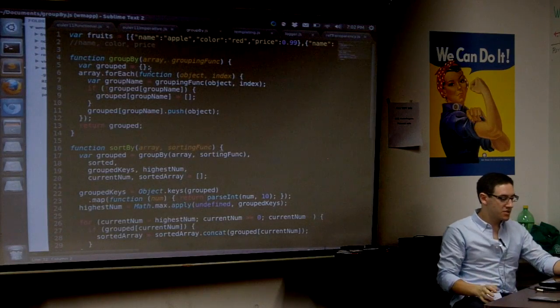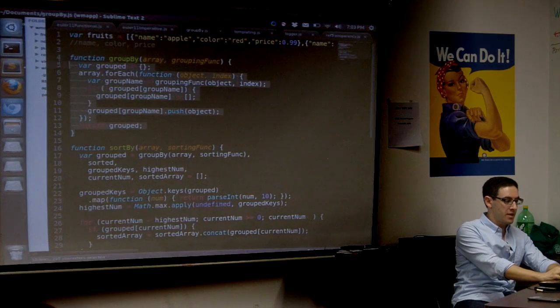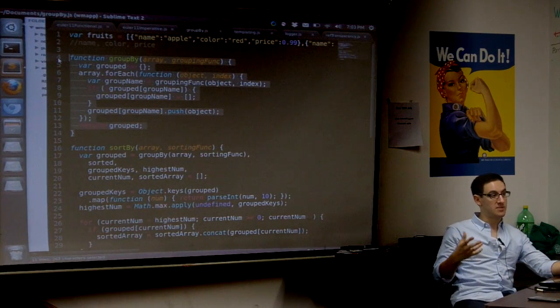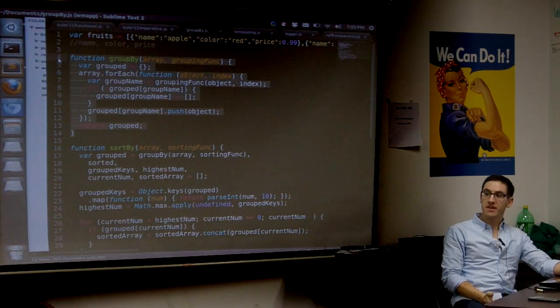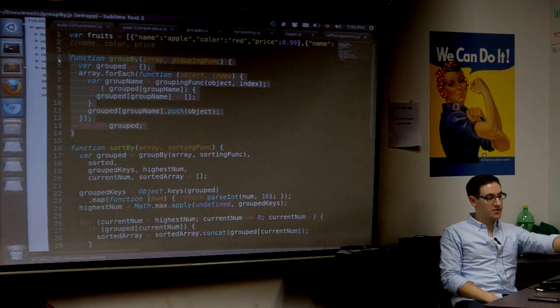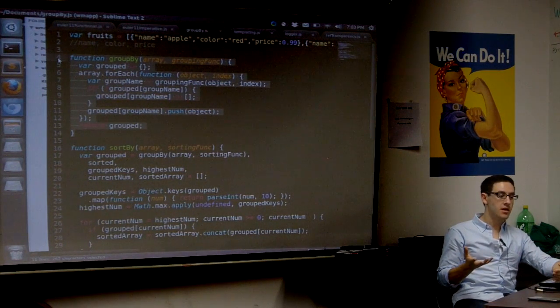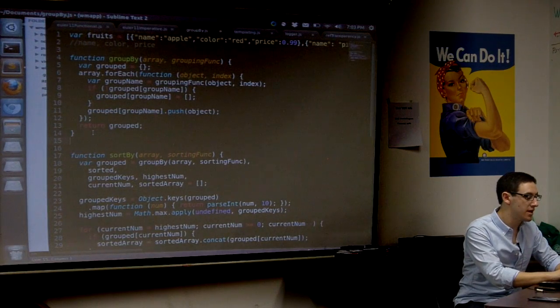And then I wrote this grouping method, just this top one for now, just to show how easy it is to build one of these building blocks on your own. You know, just like map, it's a very simple function to make. So I made a group by function, and I used that same fruits array. So the idea here is you pass in a function of how to group these things. So, for example, you pass in a function